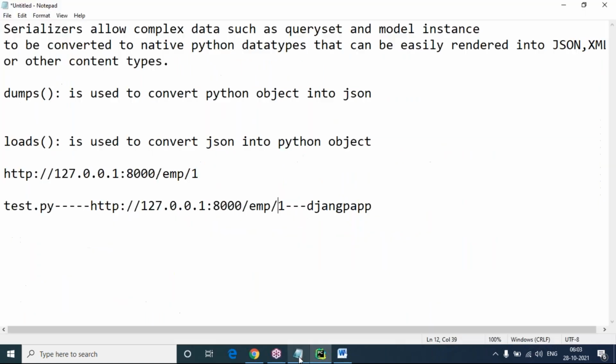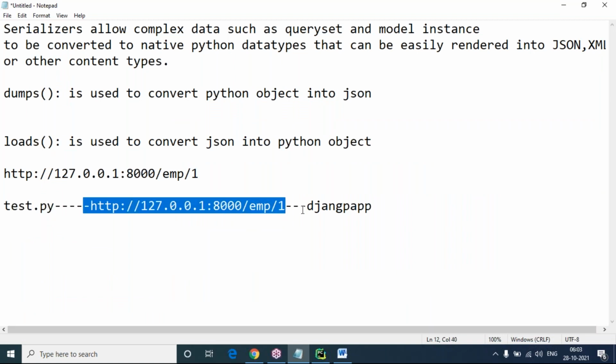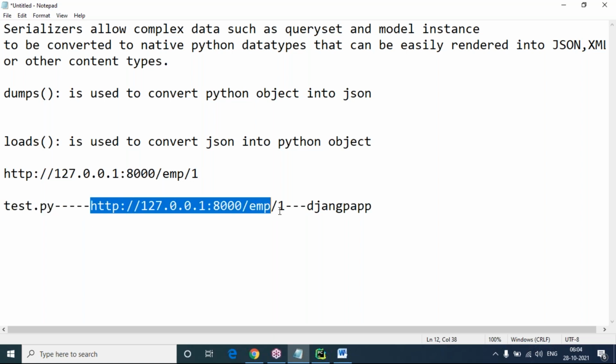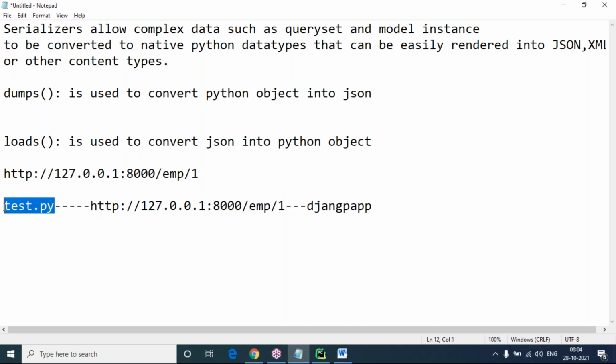So this is what actually application to application is. This is my Python application, this is my API, and this is my Django application. Application to application interaction happens with the DRF concept, Django REST framework. And this client can be any application. Here, as per my requirement, I'm using a Python application only, but you can use an Android application or Java application. You can send a request to this API. The API will go and collect the data from the Django application and give the response back to this application, and this application will give the response to test.py. So this is the case here.